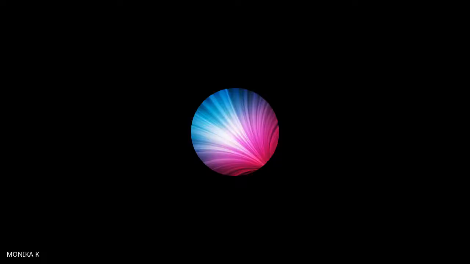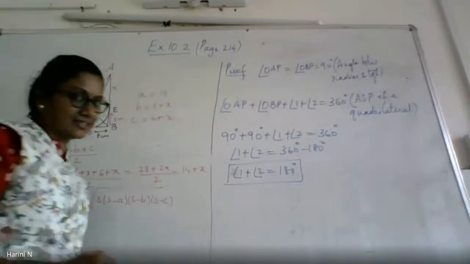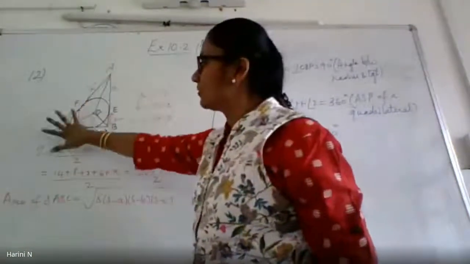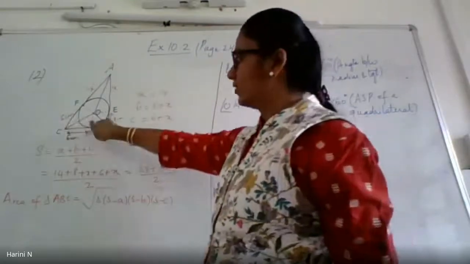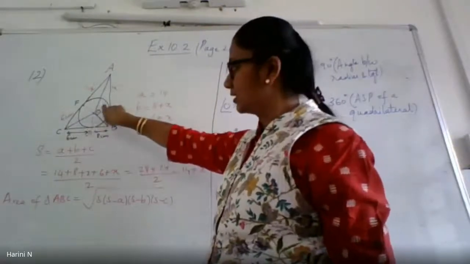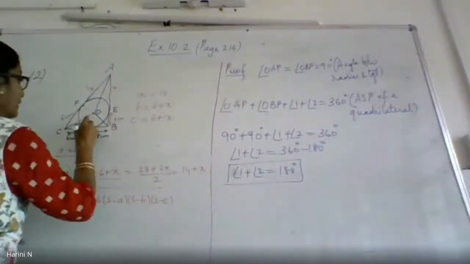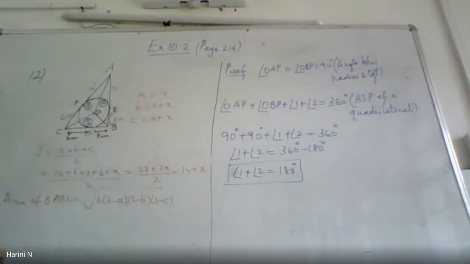I have divided the triangle into three smaller triangles. I did this as a construction. You should be thinking what I will do now. I know the area of this entire triangle ABC will be equal to area of triangle 1 plus triangle 2 plus triangle 3. If I mark it as this is triangle 1, this is 2 and this is 3. So if I add the area of these three triangles, I can equate it to triangle ABC.